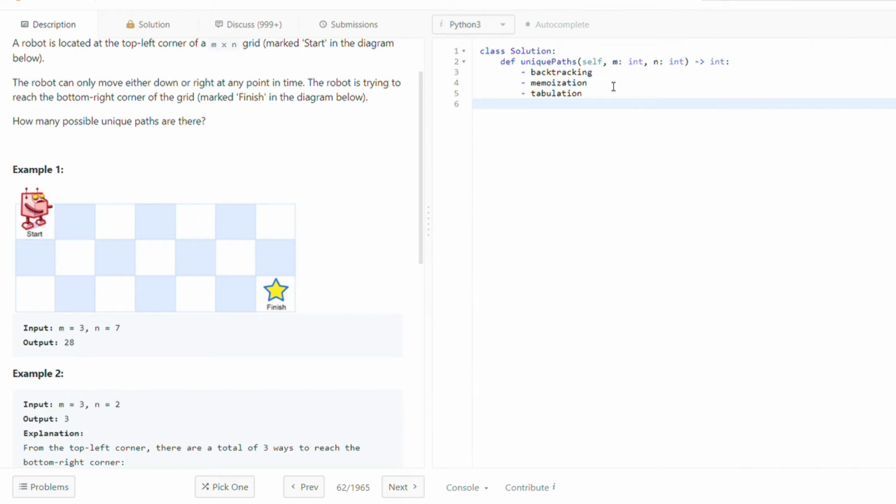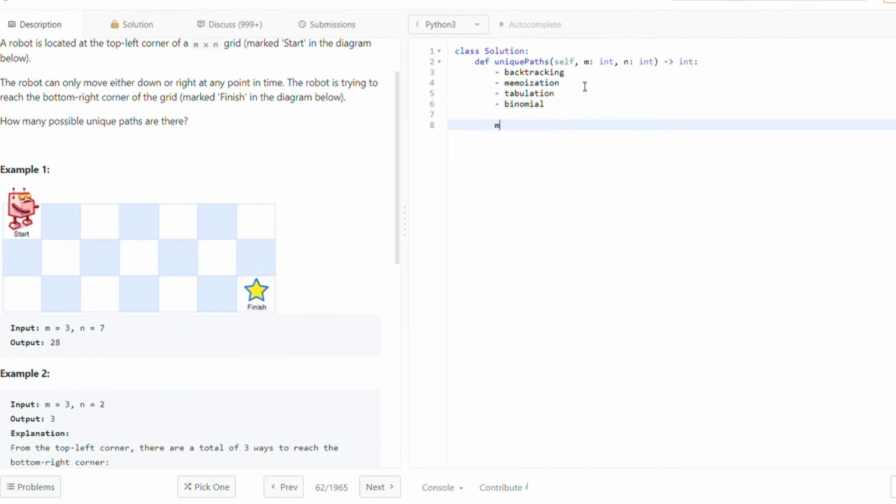The other approach that you can take here is the binomial coefficient approach. If there is an m cross n grid, then it means that you have m into n cells, and out of these you are supposed to find the total number of unique paths. So it becomes the total ways of selecting a path from the start point to the destination.